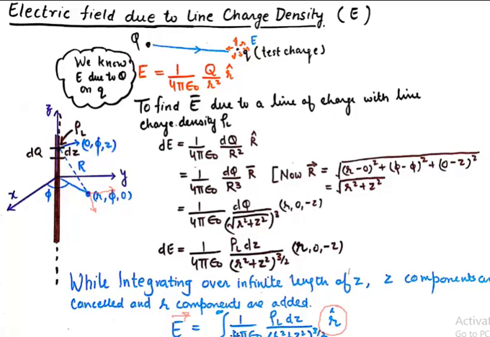And now comes the tricky part of expression generation. So E currently is extending from minus infinity to infinity, 1 upon 4 pi epsilon naught, and this dq can be written as rho L dz. Charge can be written in terms of charge density. We've discussed this so many times. So this is what is happening here now. And finally,